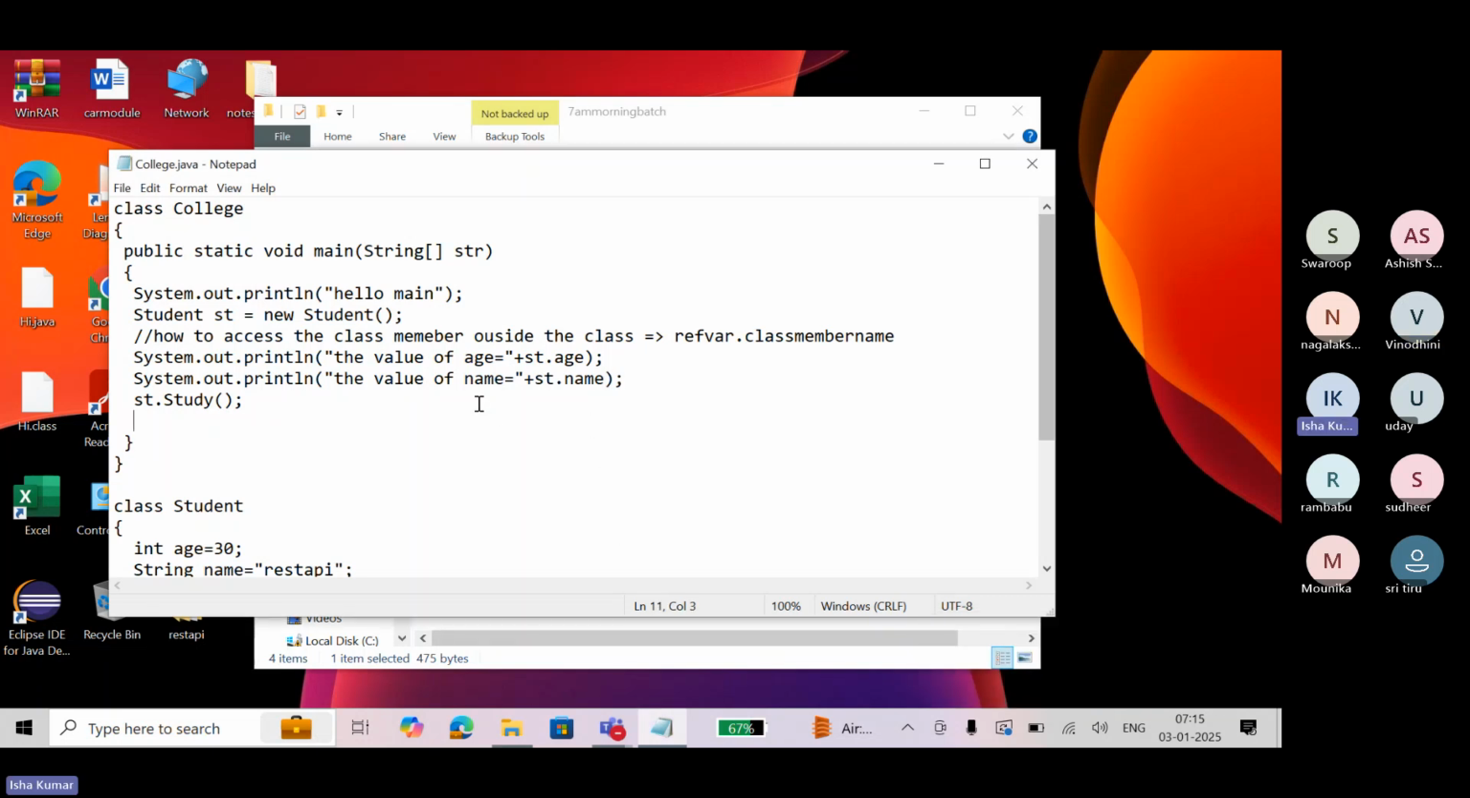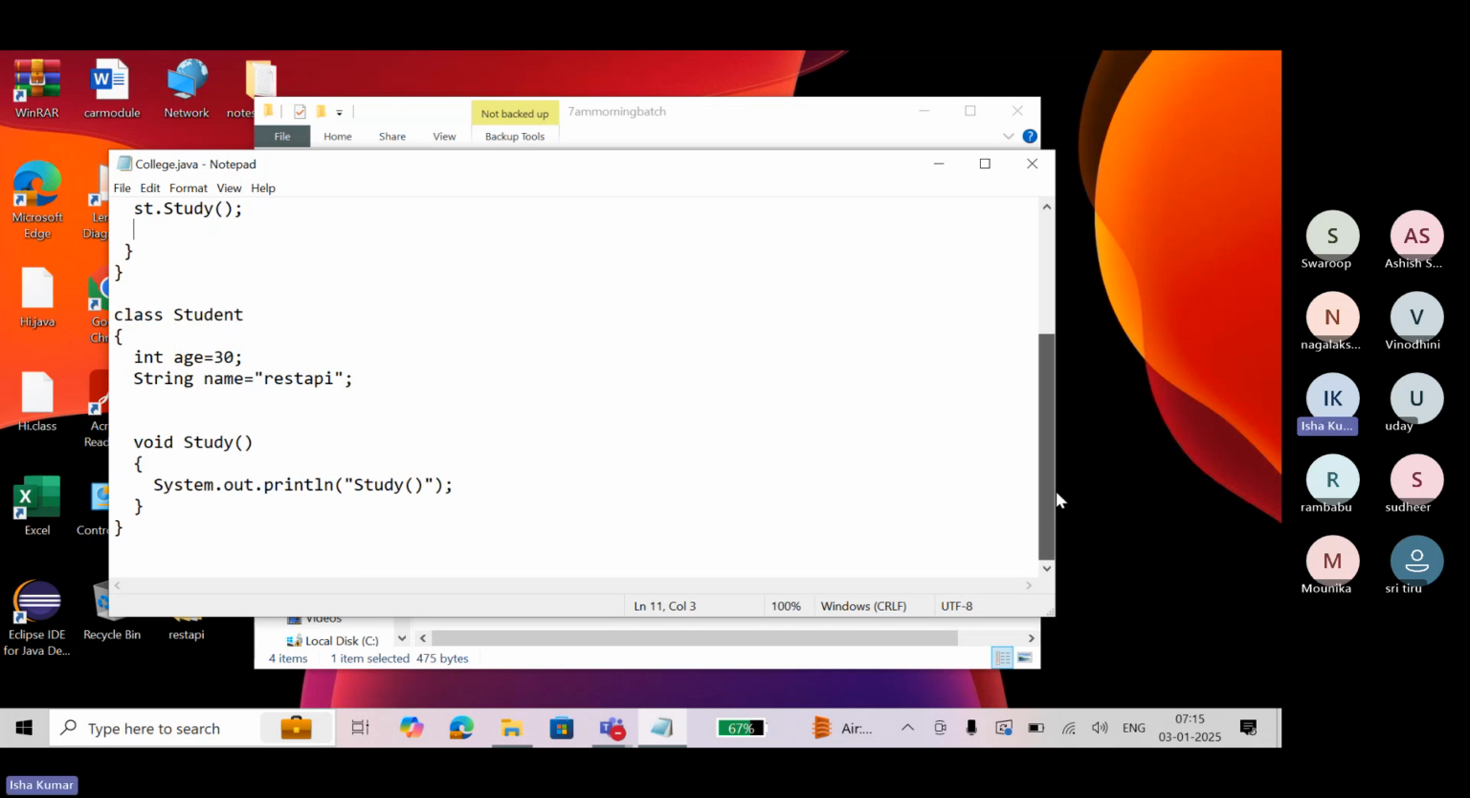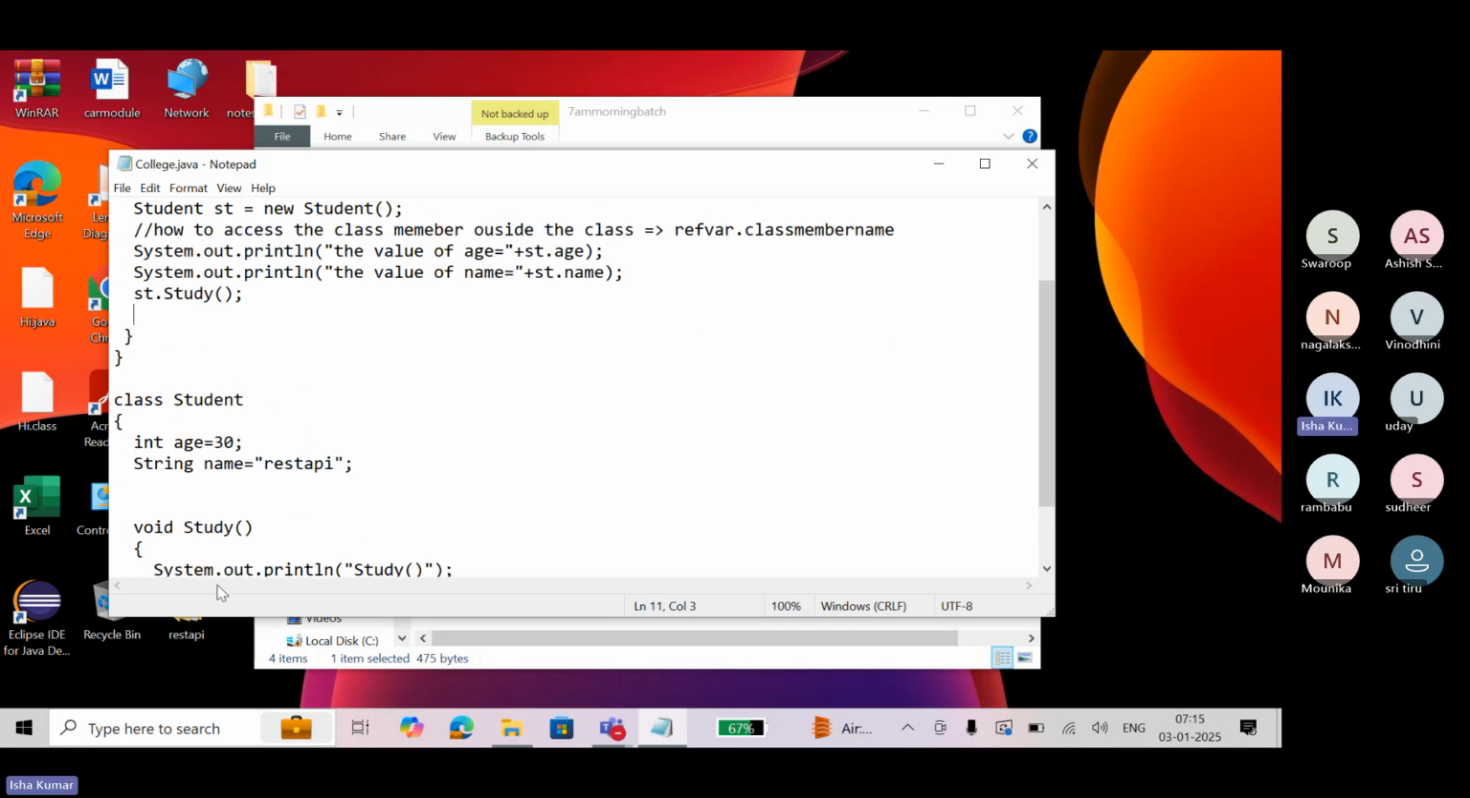Yeah. So yesterday we have seen how to access the class members outside the class and how we can load the class. To load the class, we need to create an object, and we have accessed the class members like age, name, and study. Now, same way,